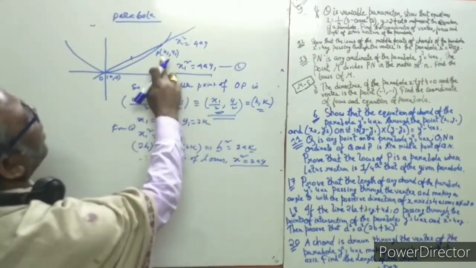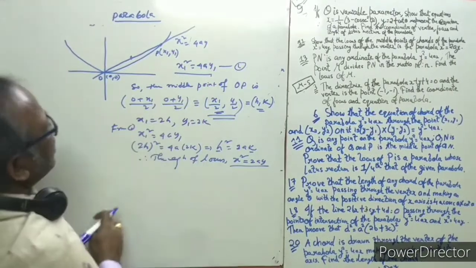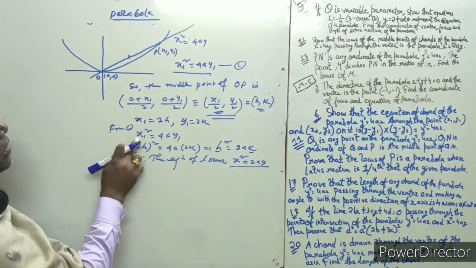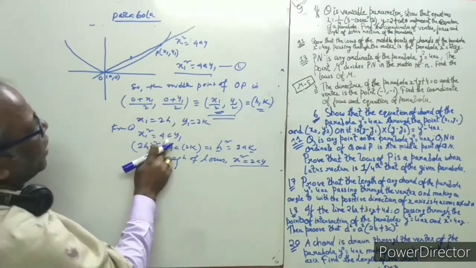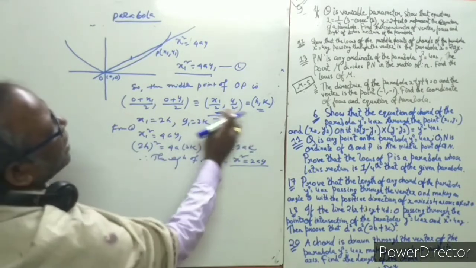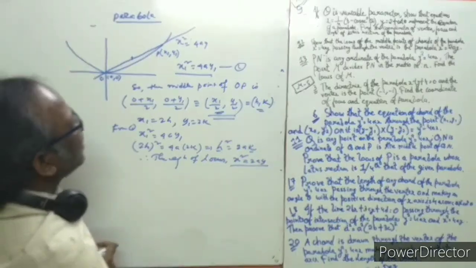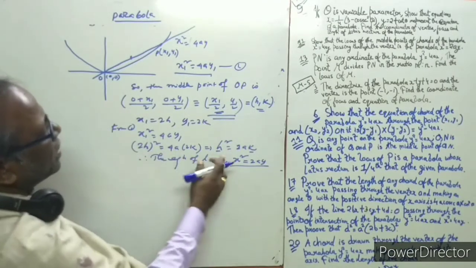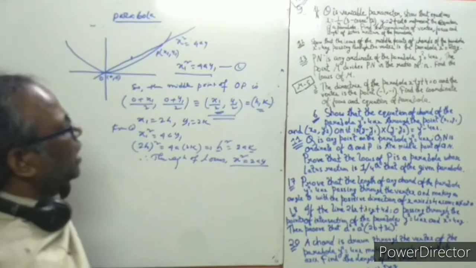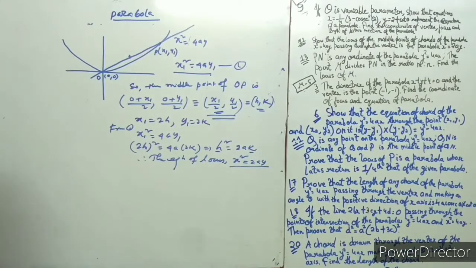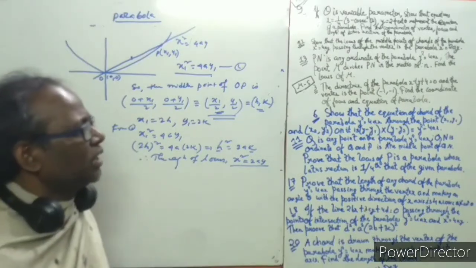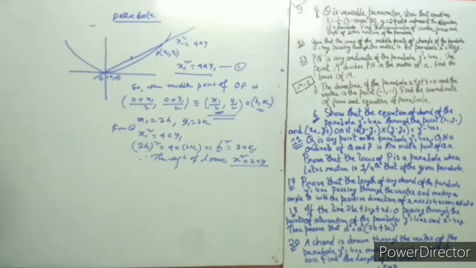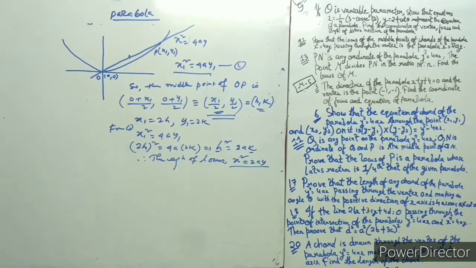So x1 and y1 satisfy this equation, and that's why we get x1 square equal to 4a y1. And from this relation we can easily say that x1 equals twice h and y1 equals twice k. So we substitute here, the 4 is cancelled, then h square equals twice a k, and we replace h, k by x, y. Then we get the answer for finding the locus. Now see question number 13 here, a very important question.